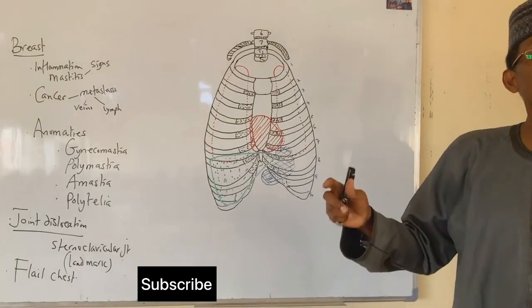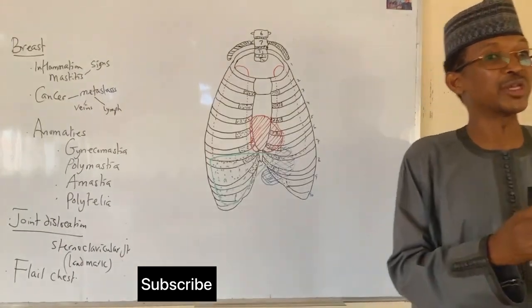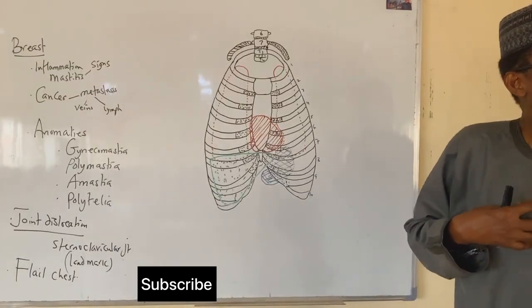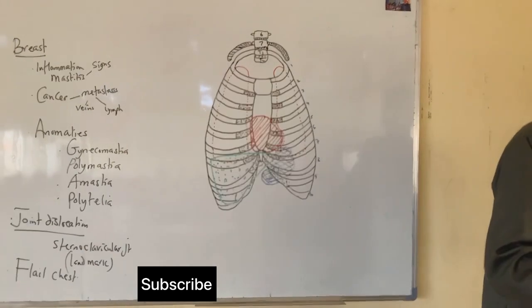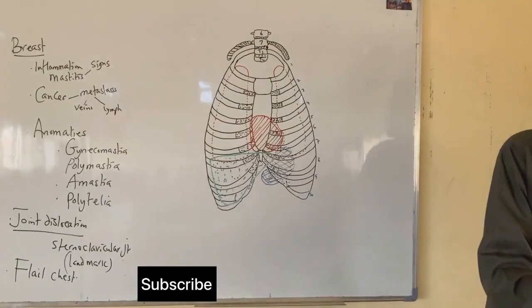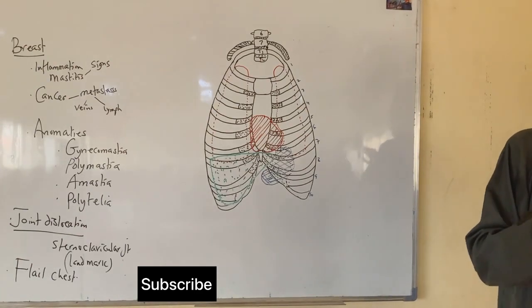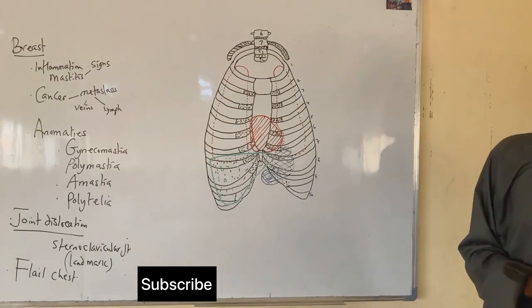So when you hear the clinical anatomy of the thorax, we are talking about the clinical conditions affecting the thorax so that you can make a diagnosis and treatment with regard to the conditions affecting the thorax. Now, what are the conditions affecting the thorax? Conditions generally, whether in the thorax or anywhere in the human body, can be either congenital or